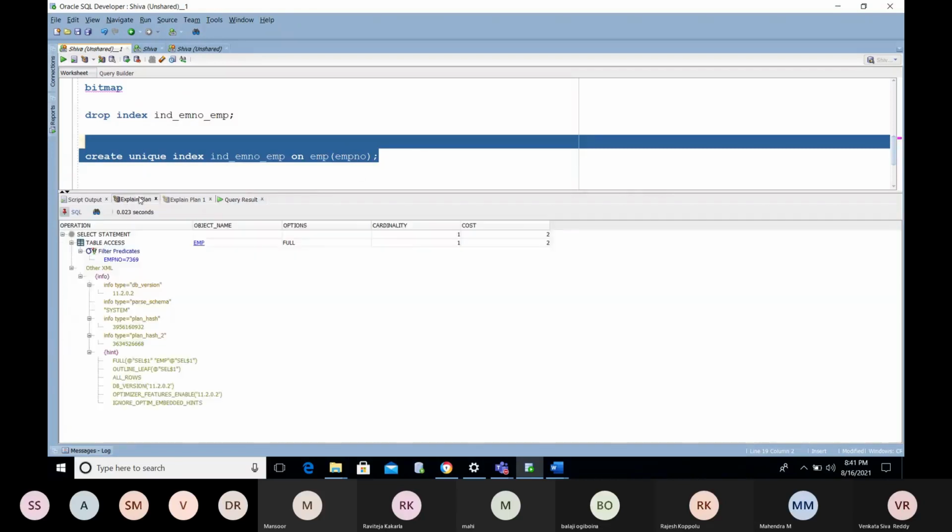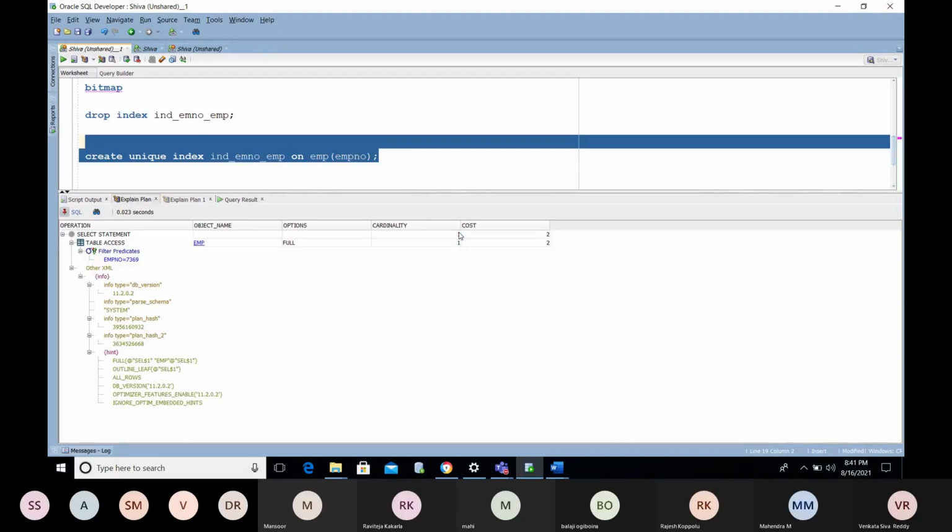The choice of index depends on the cardinality. If the cardinality is high, you will go with the B-tree index. If the cardinality is low, you will go with the bitmap index. It depends on how many different values you have in that particular column.